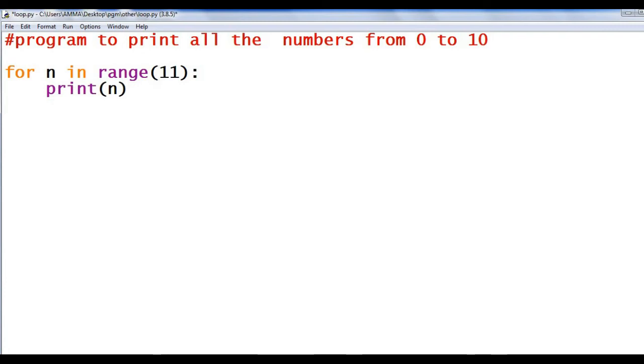Okay. Then if the question is to print all the numbers from 10 to 1, that is in reverse order, then what will be the start value? Start value you have to give 10 itself. No need to give 11 here because it is the start value. Start value is the same only. So 10. Then what about the stop value? You need up to 1.